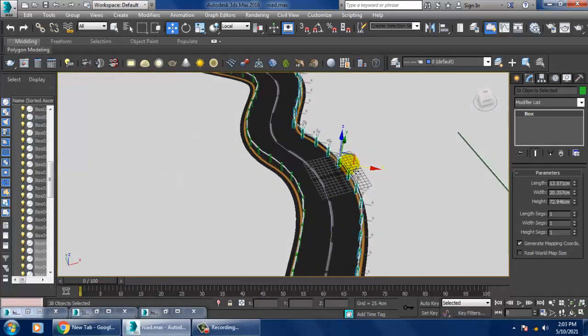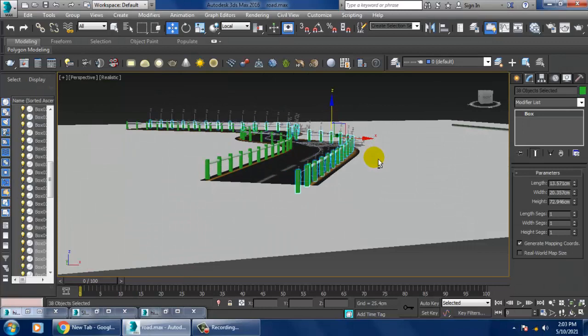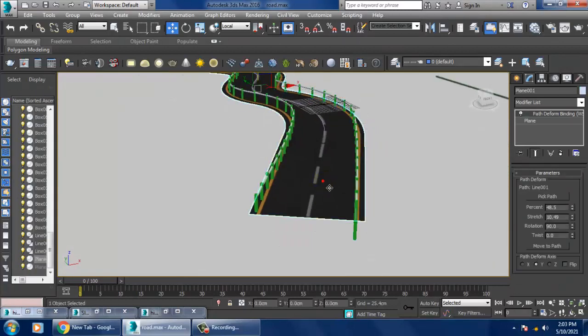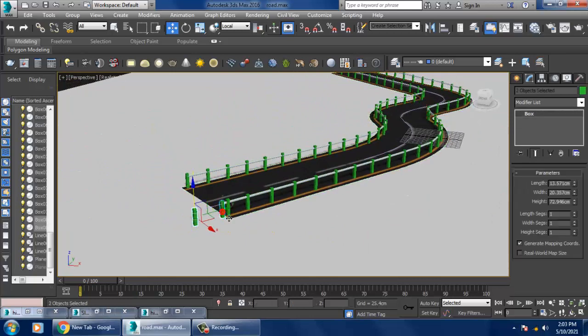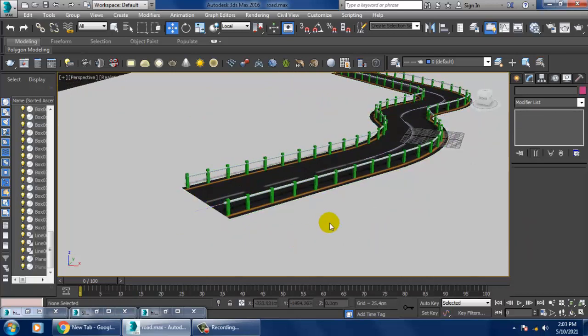Okay, much better. So we don't need this, so we'll just delete this to save your file over here.